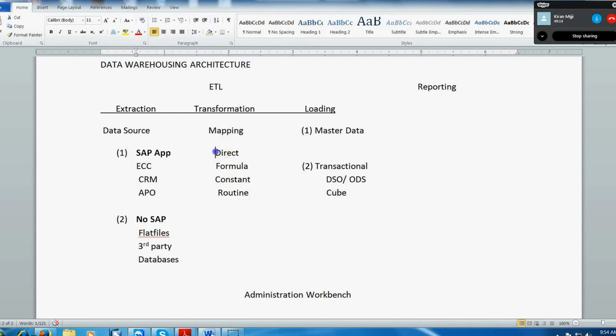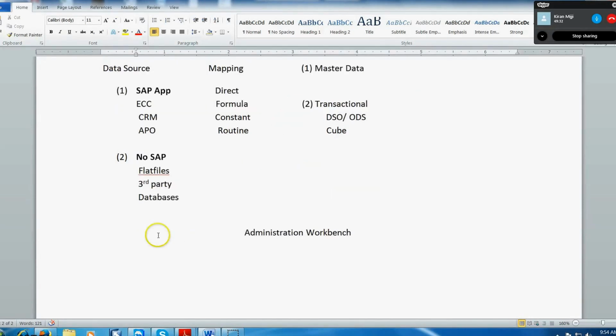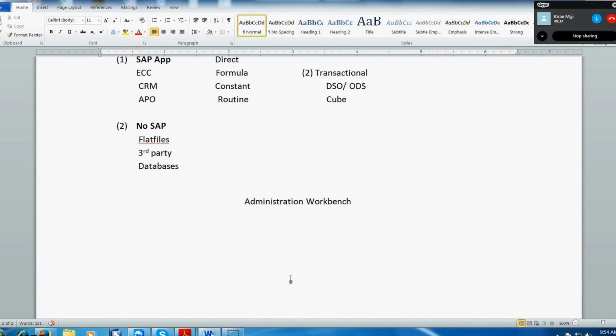In the mapping, as what I was telling, if some routine fails or because of something the data loading has failed, again we have to go back to the source system, which will be a painful job. Sometimes it might not be possible for us to go back to the foreign system and get the data. So for that reason, we have something in the intermediate called PSA. PSA is persistent staging area.